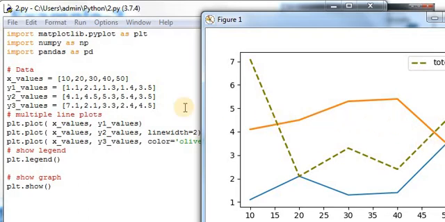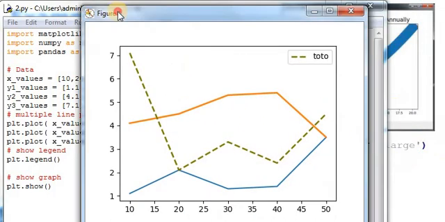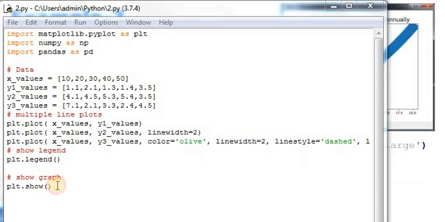In the same way we are giving the values of y3: 7.1 when the value is 10, then 2.1, 3.3, 2.4 and then 4.5. So in one graph we are representing the 3 lines.